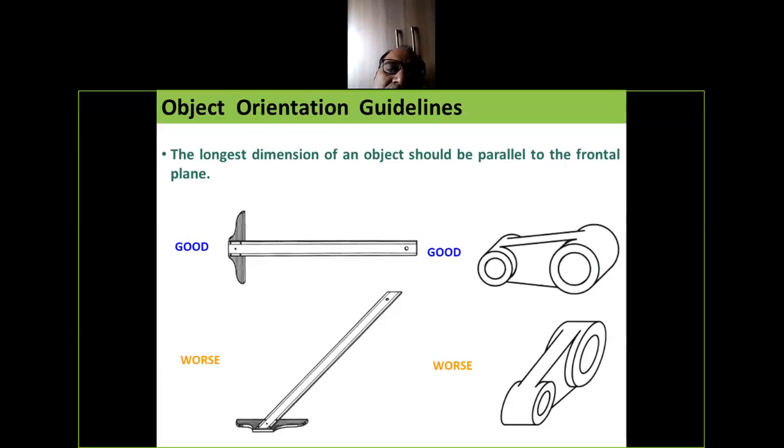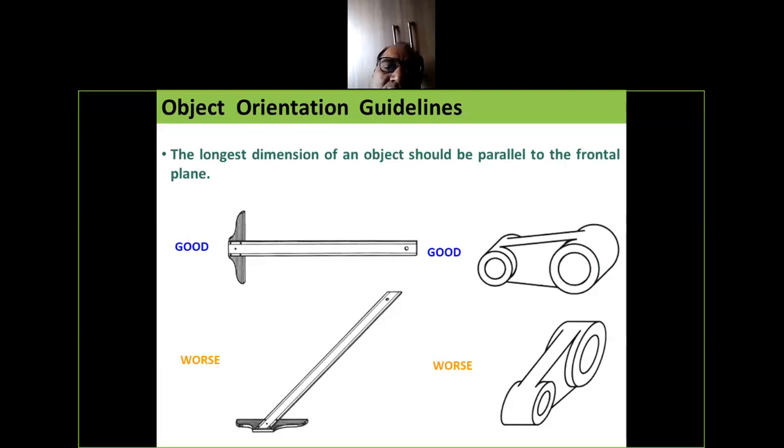Now the longest dimension of an object should be parallel to... Now in the second case, whatever the longest length of the object is should be parallel to the frontal plane.